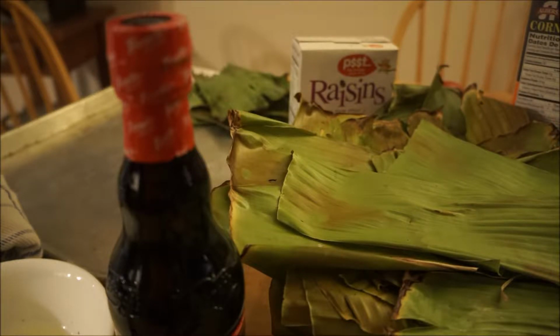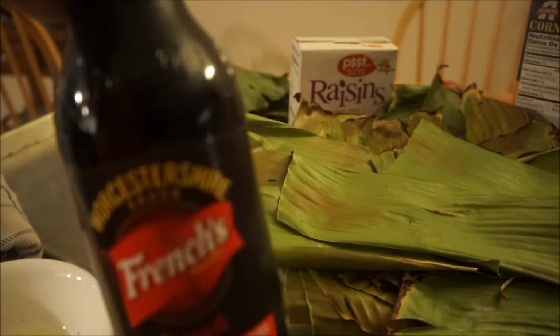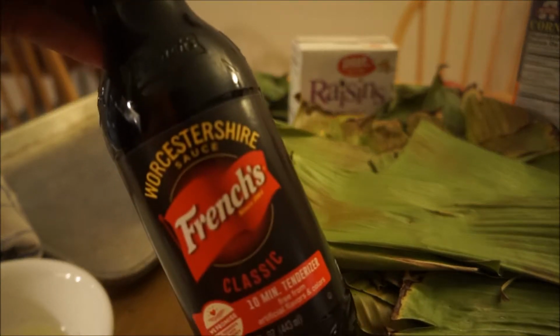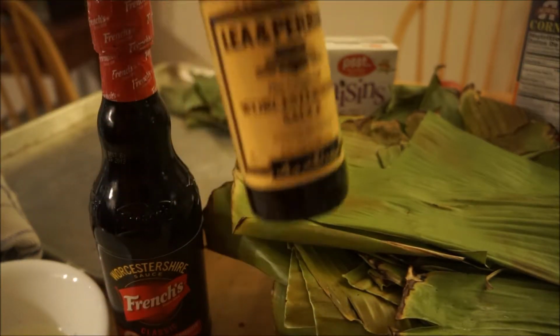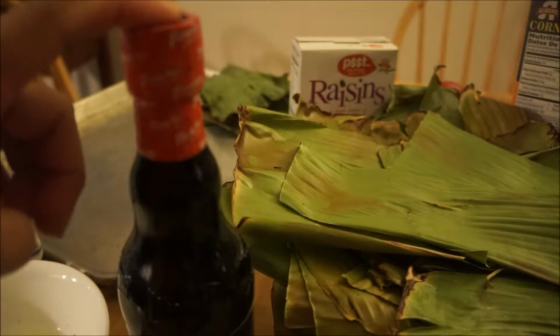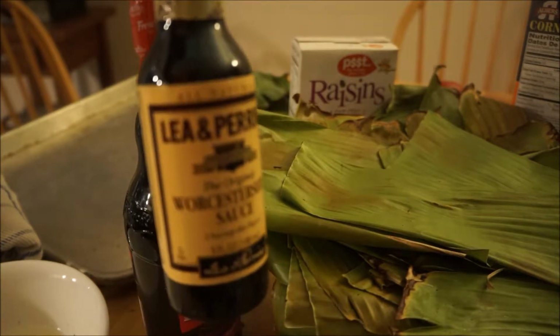So right now I'm going to be working on making the batter. Not the batter, the stuff that goes inside. So for that, I held back on doing it without good old Worcestershire sauce. And then when I went, I saw there were two different kinds of Worcestershire sauce on sale. One is French's and Lea & Perrins. So this bottle is 5 ounces and this bigger bottle is 15 ounces. But this big bottle costs $2 on sale from probably like $3.59. And this tiny little bottle cost